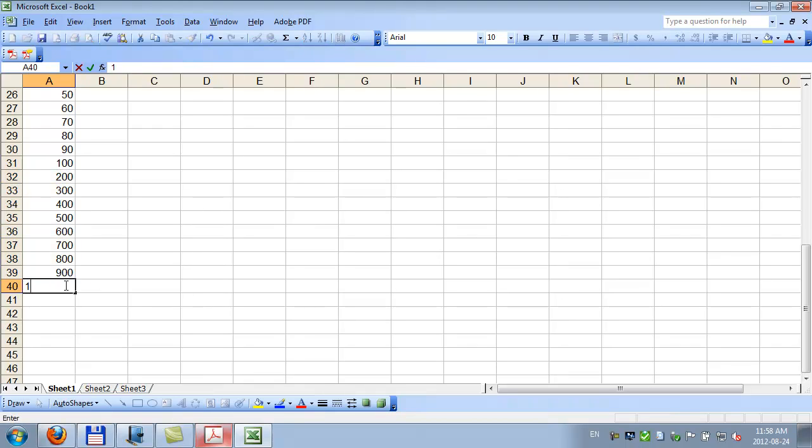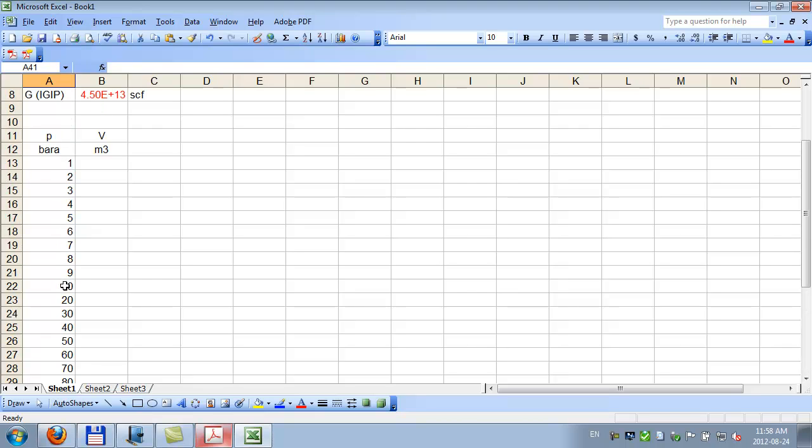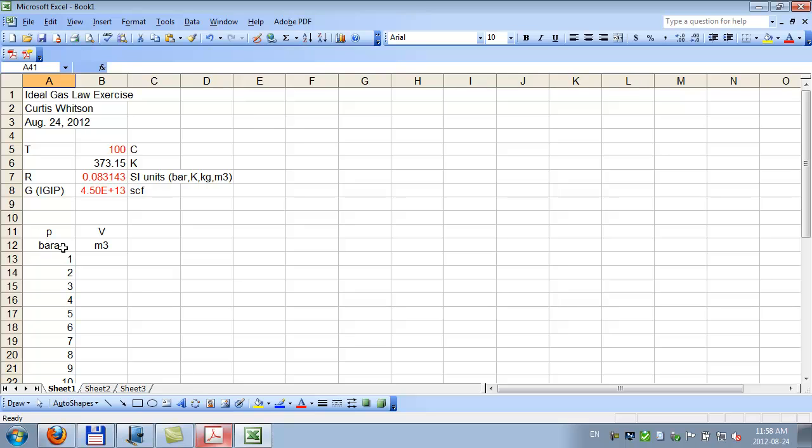And then 1,000. Okay? It's enough points. Now to calculate the volume, you need the pressure, temperature, and number of moles, right? Okay. We don't have the number of moles yet, right? But we do have